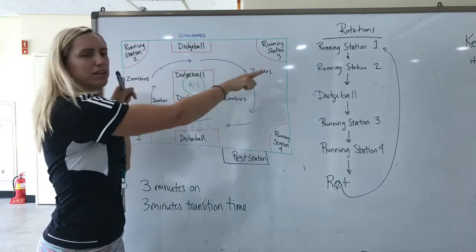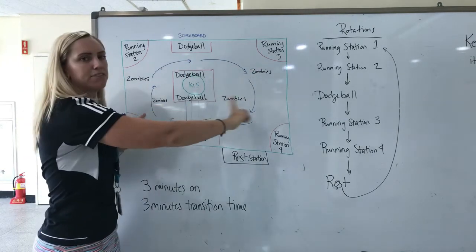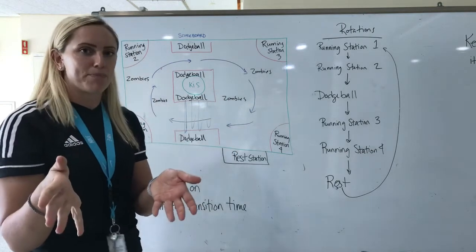Dodgeballers cannot throw this way. They can only throw through this alleyway. The zombies have this part covered right here. So, to recap,